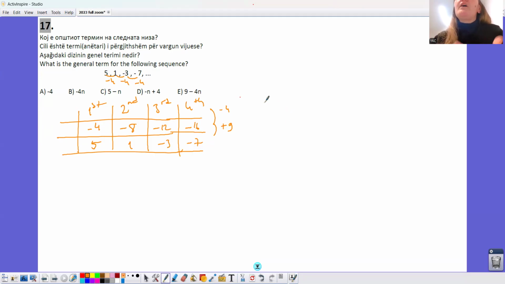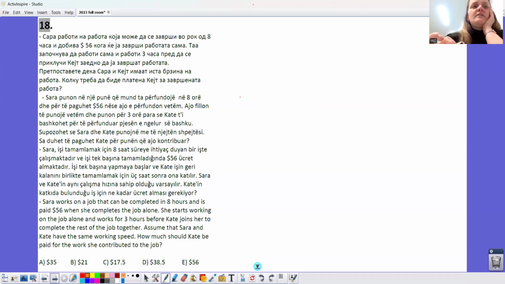So it means that our general term is minus 4 times n, the position of the term, plus 9. You can write it like this, or you can write it like 9 minus 4n, which is the same. When you are doing this, you need to check if it works for all the terms that are given. Then the 18th one,